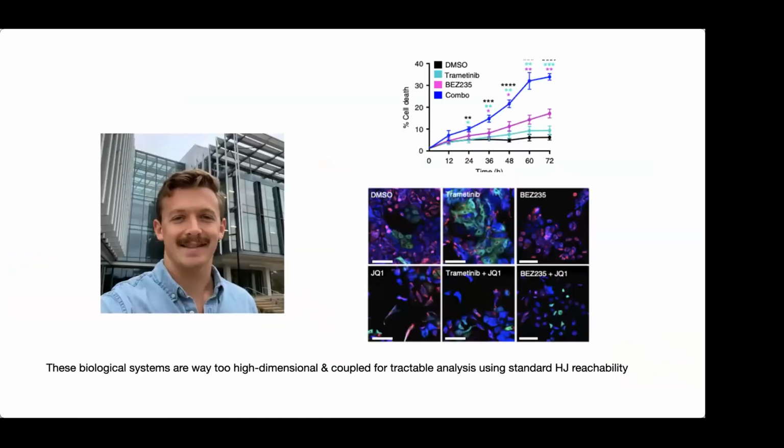Okay, enter Will. So Will did his undergrad at Berkeley in microbiology and math. And he's worked in many, many different labs actually, but one of the last labs that he worked in was my PhD advisor's, which is not in biology, but she had some work on chemotherapy drug delivery, thinking about if you apply different chemotherapy drugs, how do you determine the order in which you should apply them and when you should apply them in order to try to drive the phenotypes of the tumor cells towards desirable phenotypes, so then you can target them.